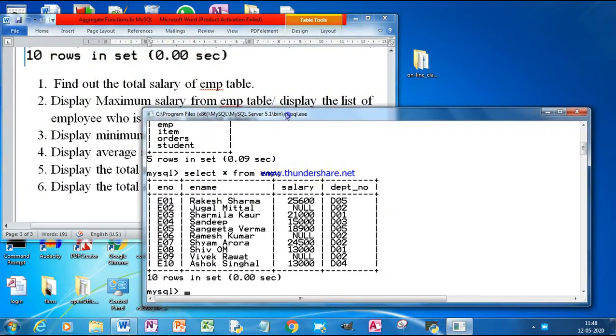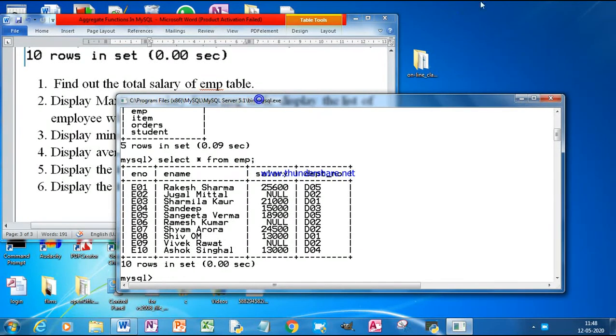First one is find out the total salary. So the syntax is select followed by the function name, and the function name is sum because we have to get the total of salary. So the column name is salary from table name EMP.